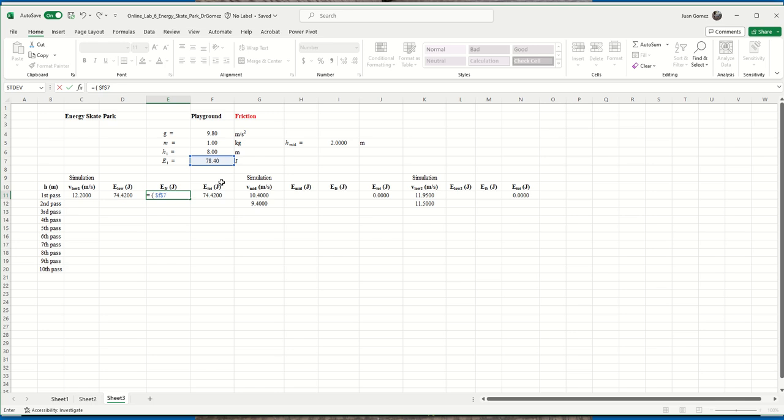So what did it lose to friction? We'll take the initial minus the kinetic, which is D11. So do minus D11 and hit check. And now notice the total energy will always be 78.4. In other words, on the first pass, it lost 3.98 joules due to friction when it hit the first low